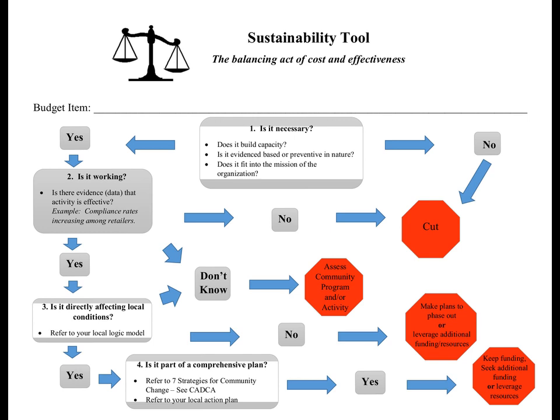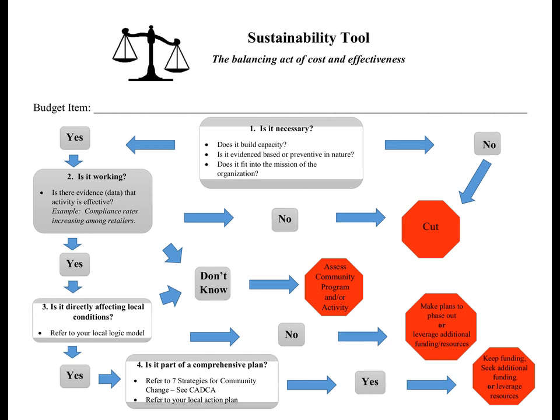Like, is it working? Do you have people on board? So yes or no. And so then, is it working? Is it effective? And then it kind of shows you, you could follow the flow chart down as you look at each individual thing, whether it's staff, compliance checks, media, any of those things, so you could really follow. I know it looks like craziness,